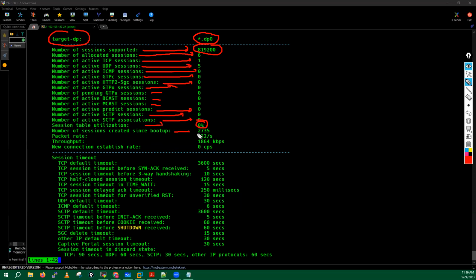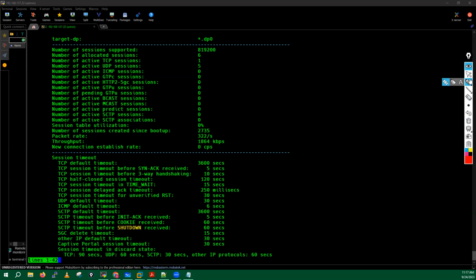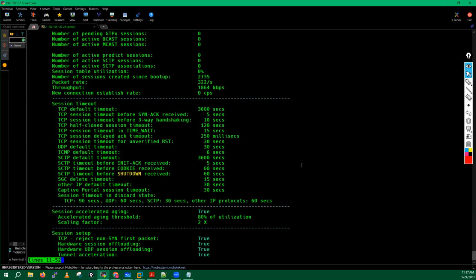Number of sessions created since last boot up is 2,735. Packet rate is 322 packets per second. This is the throughput in kbps, right? And new connections per second is 0 right now. And after that, if you go here,